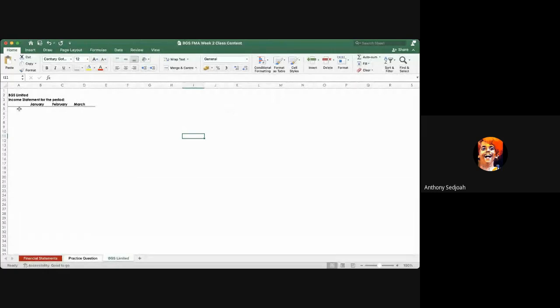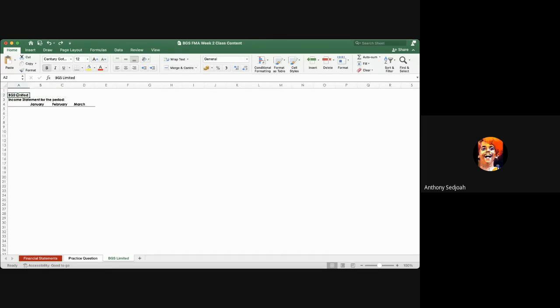All right. So continuing with our headings. I want to center align BGS Limited. Last week I showed you guys 2 ways to go about it. You can use merge and center, which is like this. So you merge from column A to D like this. Or the alternative is to